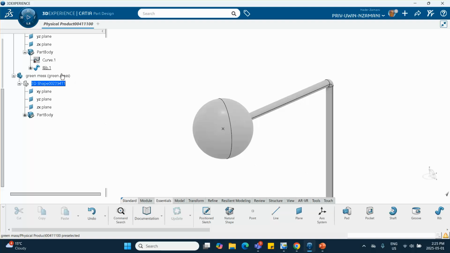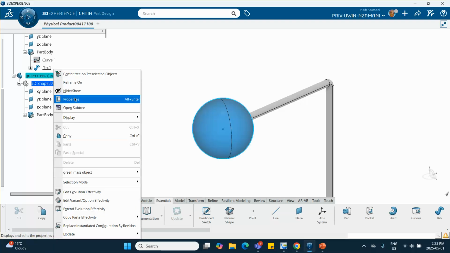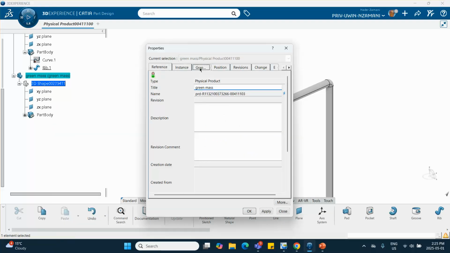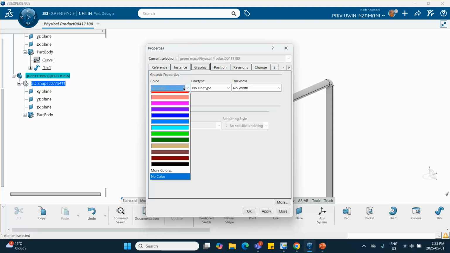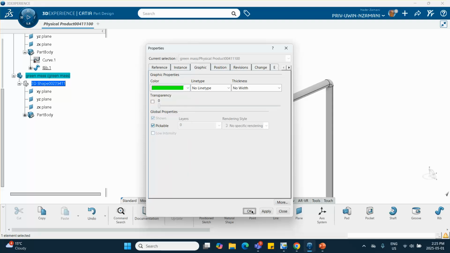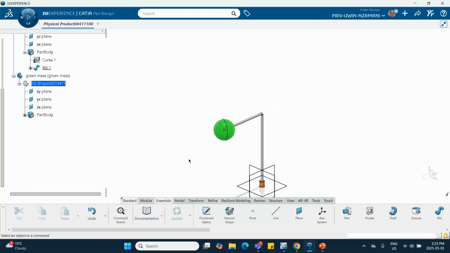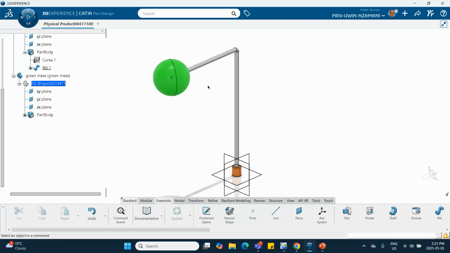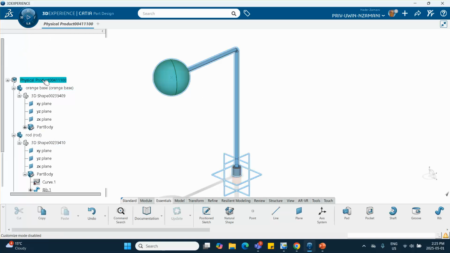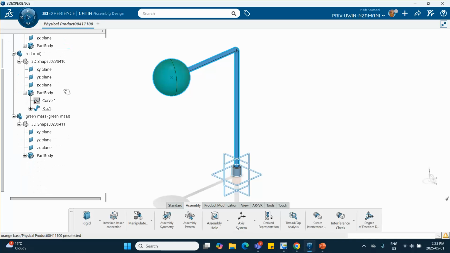Okay, very good. And let me change the color here. Properties, graphics, green. Okay, so as I said, hopefully you didn't need the first 10 minutes of this video because it's just a matter of making these things. Now, let's go ahead and assign some